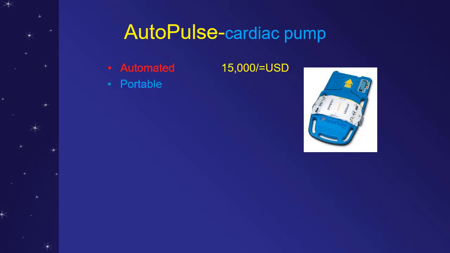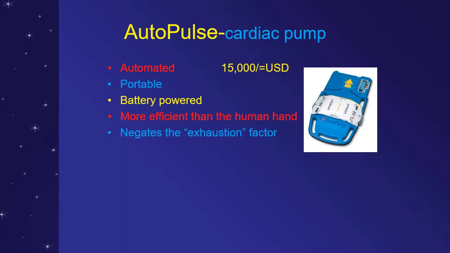Right, so this is an Autopulse cardiac pump. Now look, these are not frequently used. I haven't seen these pumps being used even in the developed world. Even in the developed world, rescue team members or resuscitators do manual chest compressions. These are automated, computerized, portable, battery powered, and more efficient than the human hand because this negates the exhaustion